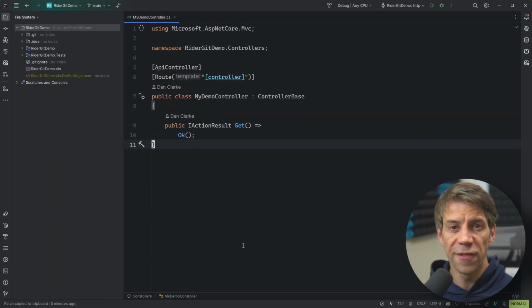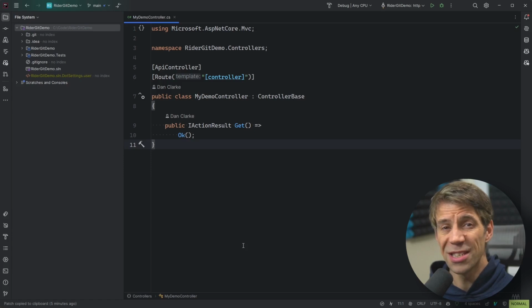So the last video was very long, so I'm going to keep this one very short. Rider has this concept of local history, which has actually saved me a ton of time before when I thought I lost lots of work, but Rider saved the day with its local history. What this does is Rider keeps track of your changes. So this might be useful if you don't use source control, but you should really, or if you've made too many changes in between commits and you've lost something. So maybe you've made too many changes that undo can't save you, but you've not done a commit,